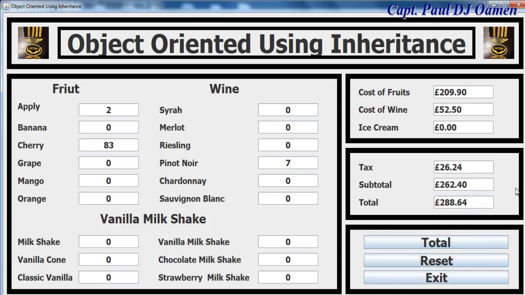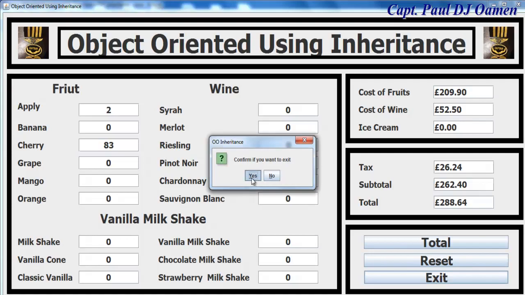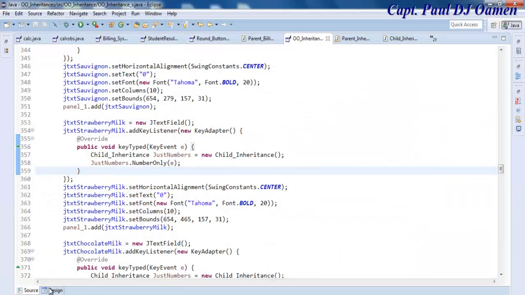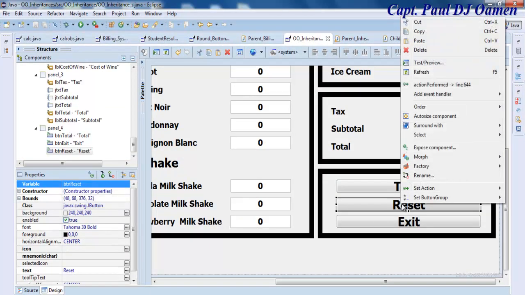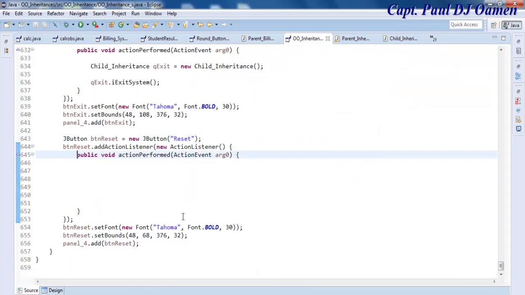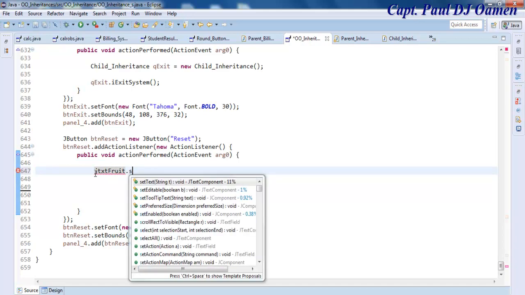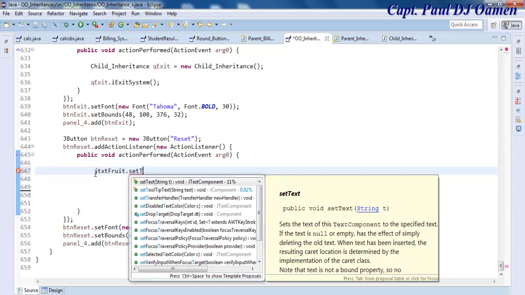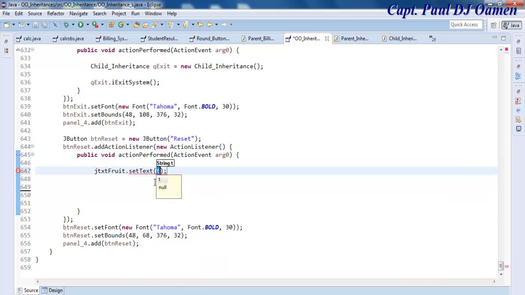So to take care of the reset, let's go into the reset area of it. Right click reset and select that, and the first thing is going to be JTXT fruit dot set text and make it nil. Right, so that's for fruit. Copy that,